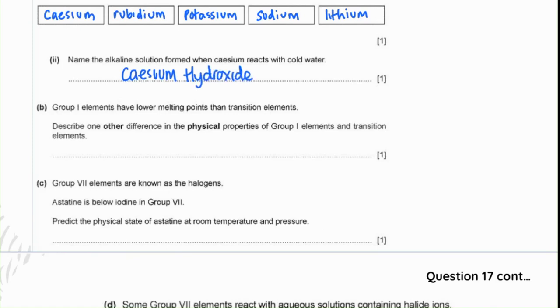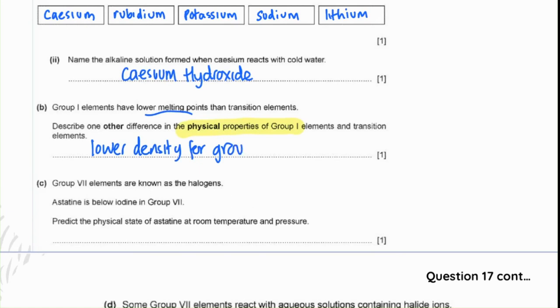Group 1 elements have lower melting points than transition elements. Describe one other difference in the physical properties of Group 1 elements and transition elements. So the physical properties that are the standout ones, they're easy to remember, are lower melting and boiling point and lower density. So they've already done the lower melting and boiling point, so we're going to say lower density for